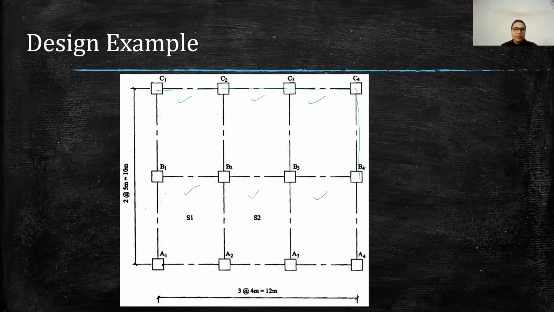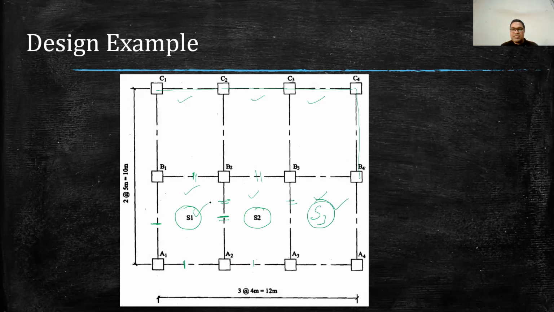Now in this case you can see this edge and this edge are discontinuous for this slab, and this edge and this edge are continuous. So that becomes our first case of slab. Similarly, if we talk about the second slab, we can see this edge, this edge and this edge, all three edges are continuous, and one edge is discontinuous. Similarly, if we talk about the third panel, this one, if I say this is S3, you can see S3 is identical to S1.